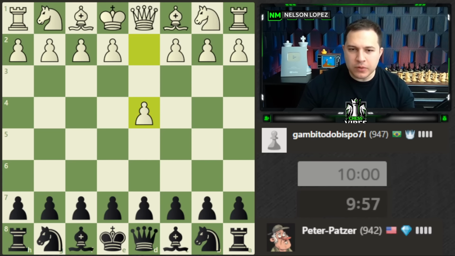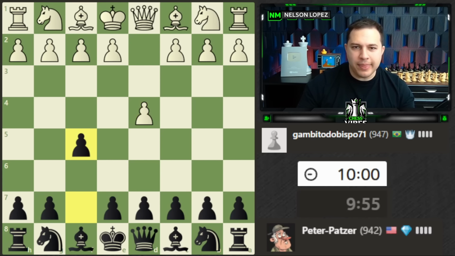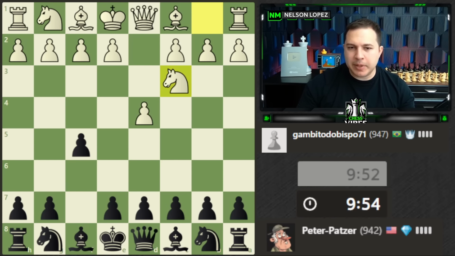942. Continuing the rating climb. Let's see if we can reach 1,000. Let's play the Dutch. I think I remember reading a comment somebody asked for the Dutch. I don't know a whole lot of theory here, but I've talked so much about don't move your F pawn,